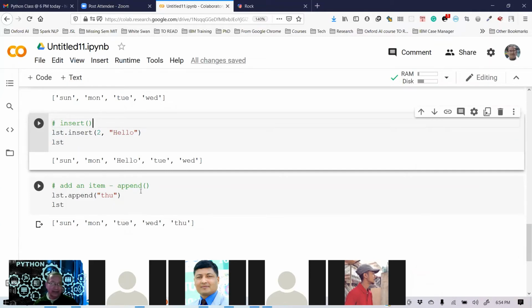Append, always remember this, means it always adds that new item to the end of the list. Whereas with insert, you can just give the index number and it will put it at that index, okay? So given this, Susma ma'am, I'm going to ask you your question, the same question. I hope you understand now. So for example, here I wanted to insert hello at index 2. So this is the command I gave, right? So if I want